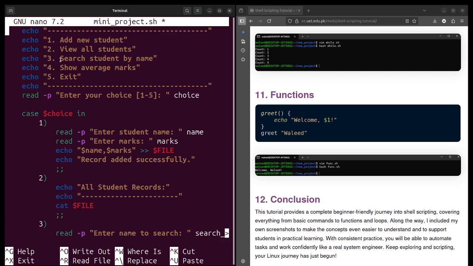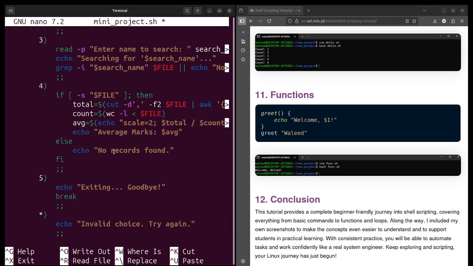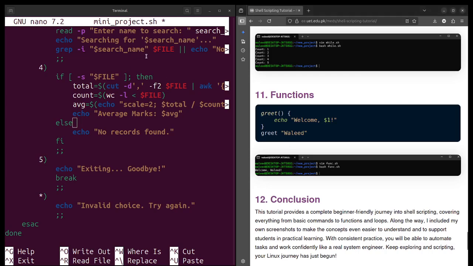Thirdly, if he wants to search a student by name, then we will ask him to write the name, and then, as I have said earlier, the keyword grep is used to search something, so we will use it to find a specific student in the file. Obviously we have to dereference the file first.